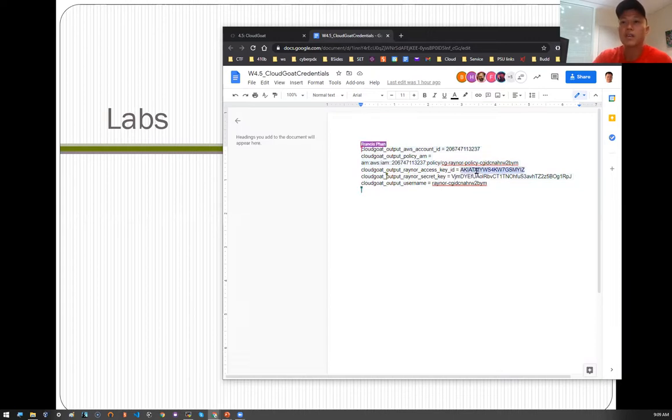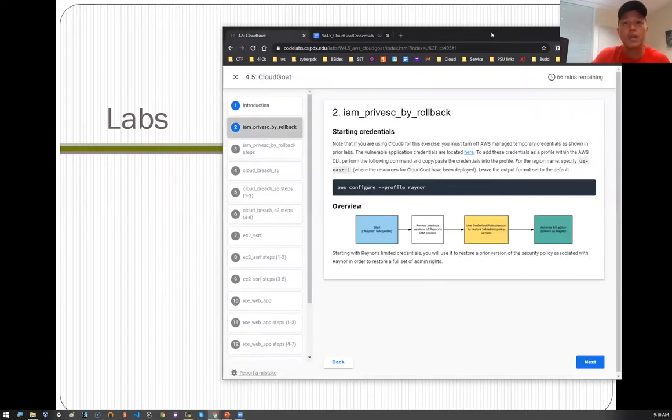So you're going to have to configure the Rainer account from the AWS CLI. That's the access key for the Rainer account, and then this is the secret access key. When you type in AWS configure, these are the two values that you would send in. The username we'll be using in different commands in this lab as we go along. So this will be apparent later. Okay, so I am going to now bring up my AWS account,